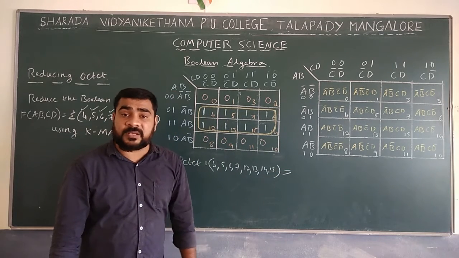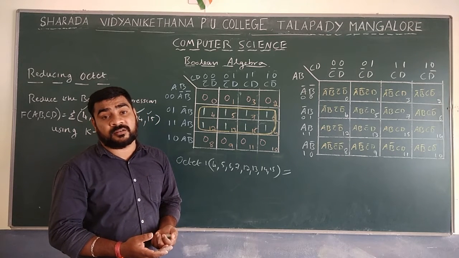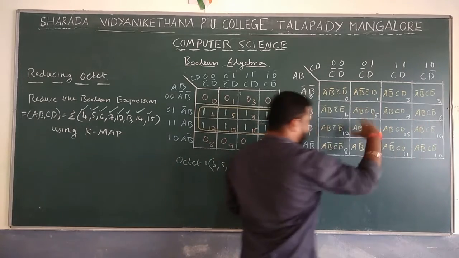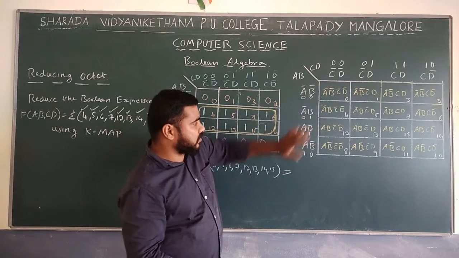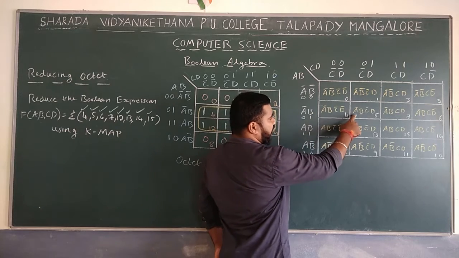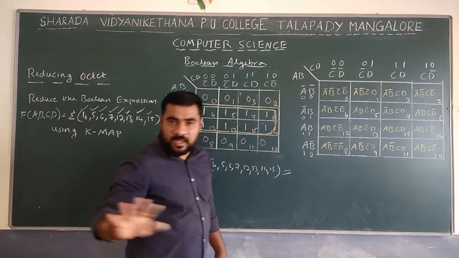So we have to find the next step, finding the common term. What is the common term here? How can you find the common term easily? If you don't know the method, then take the construction. Check the first variable: A dash, A dash, A dash, A dash, A. So that is not a common term.